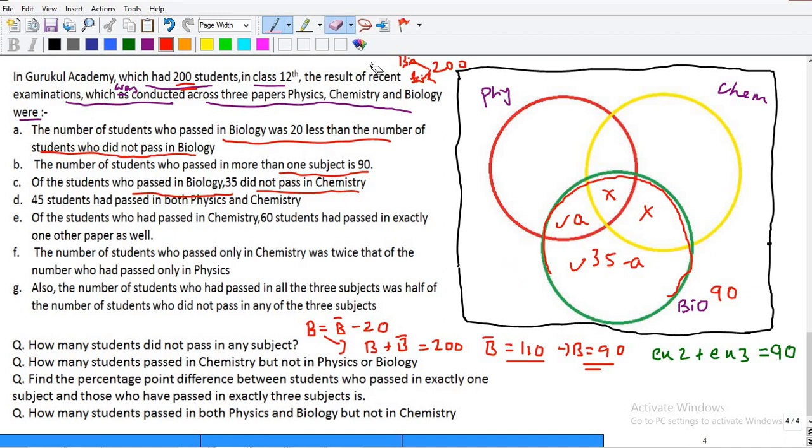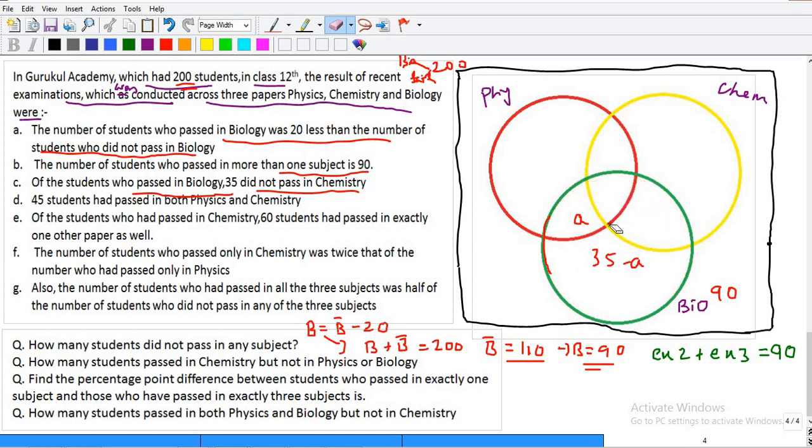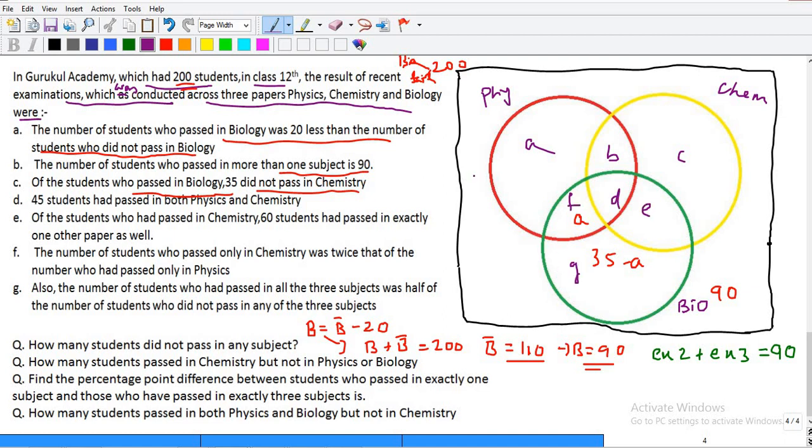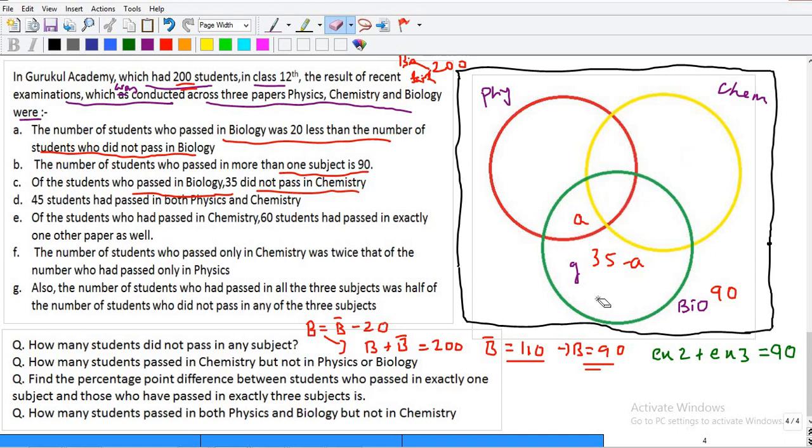Now I see people making a very, I wouldn't say a mistake, but I would say a wrong approach. I'll tell you what people do. They take initially all the variables as A, B, C, D, E, F and G, and then they try making the equations and solve them. I won't say this is wrong, but it makes your calculation tedious. Quite a lot of equations get formed and then you face a lot of problems. So always try to minimize the number of variables from the very beginning. Okay? So don't follow that approach of taking variables first. Try avoiding that as much as you can.